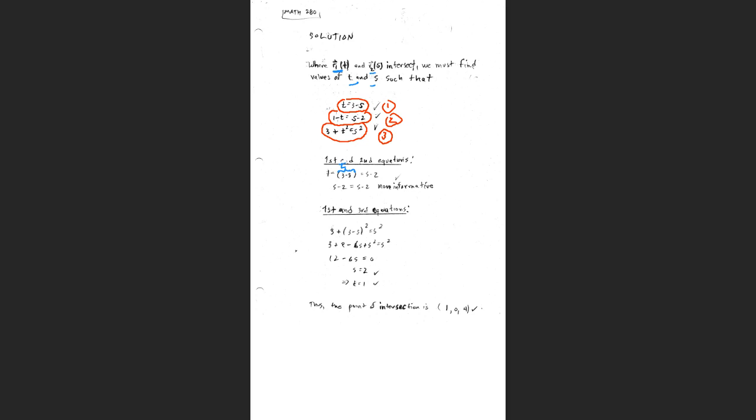Now, let's see what happens. Well, we end up getting s minus 2 equals s minus 2. This is non-informative. It's a true statement. We have to have true statements here because the curves intersect at some point. But that's not informative. I'm not going to learn anything about what the value of s or t is